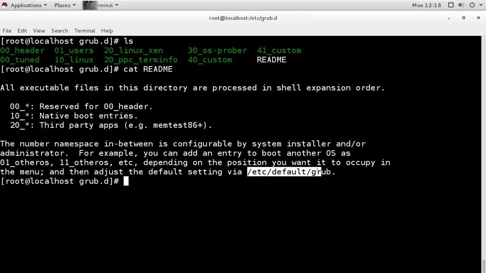Now this file is also important, because this file has the default settings if we want to change them. Some of the default settings we can change from here, because you know what, these templates are scripts. So if you don't understand scripts, then it is hard for you to edit anything here. I will show you that file. So first let's say the header file. I'm opening this header file.